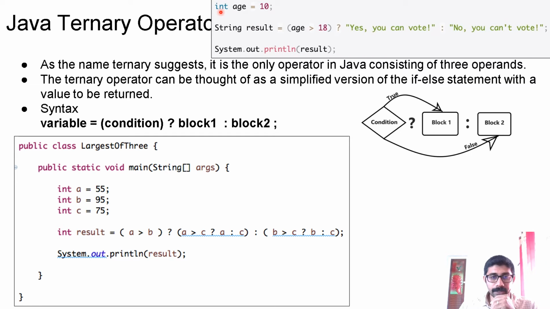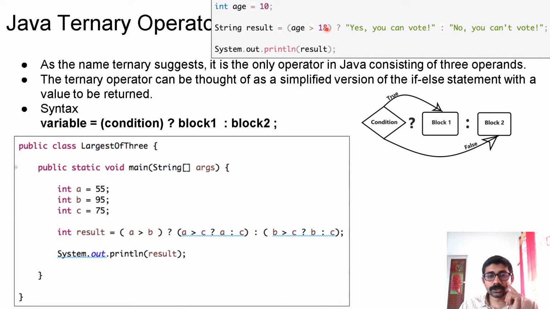Here we have an example, age equal to 10. In a string, I am storing a string result equal to first the condition, age greater than 18, question mark, yes, you can vote, colon, no, you cannot vote. In our case, age equal to 10.